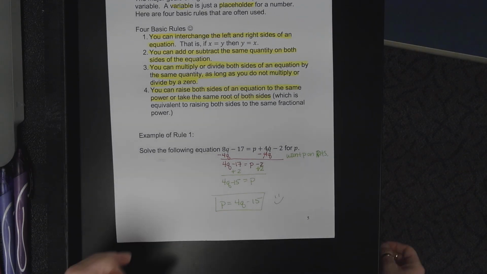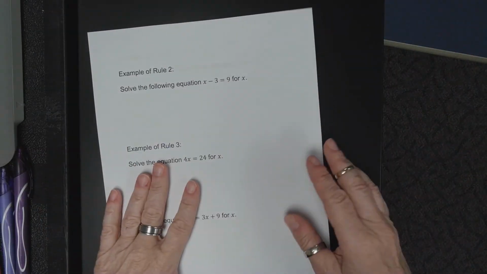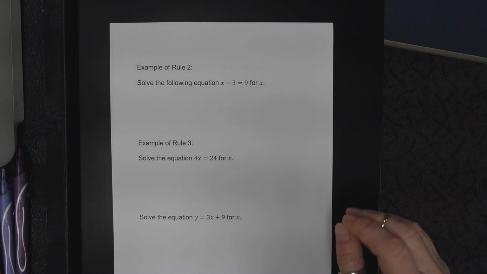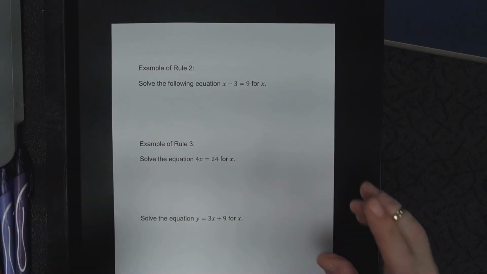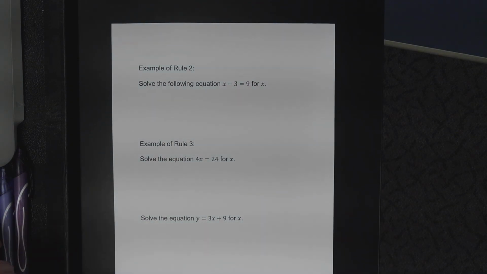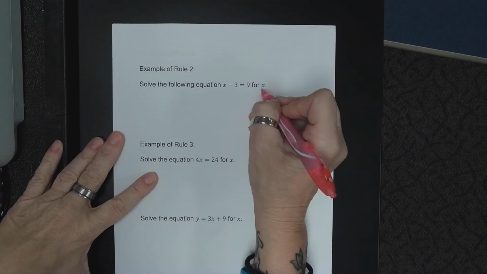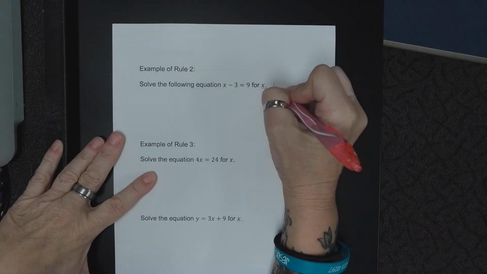Right on. Okay. Let's do an example of rule 2. Okay. So, I need to look at my rules, huh? Oh, what you do to one side, you got to do the other. I'm just going to do this without that. I'm not even going to put it back over. Okay. So we want to solve for x. So once again, we want x